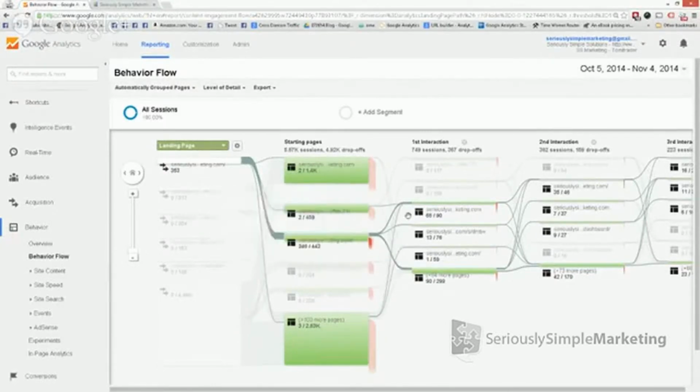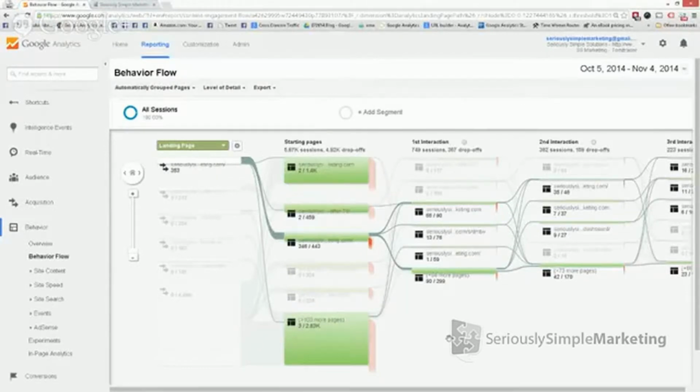If it's something where they're going to the cart, right? So let's say they're going to the cart and they're about to fill out their credit card information, and then you see next to it is the sales page. Well, that means they actually went back to the sales page. And this report will show you loop backs. It'll actually show you when people loop back. So if you start seeing that, it's because there's something on the cart that is causing them to do that. They didn't give you the credit card number.